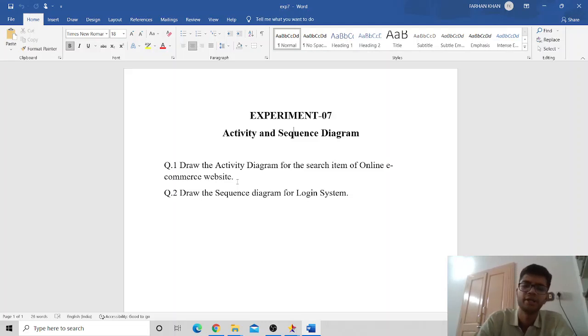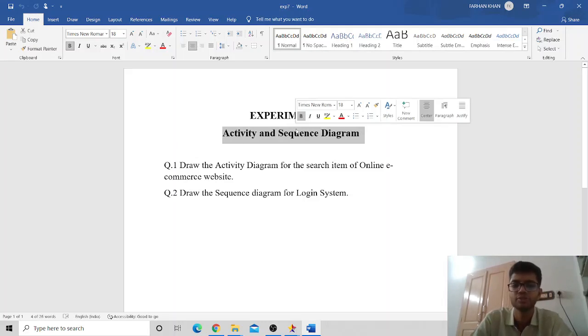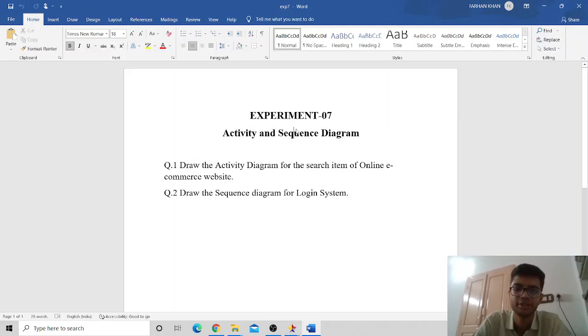Now we come to the sequence diagram. A sequence diagram is an interaction diagram that emphasizes the time ordering of the messages, and it shows the flow of the messages from one object to another, and as such corresponds to the methods and events supported by a class or object.